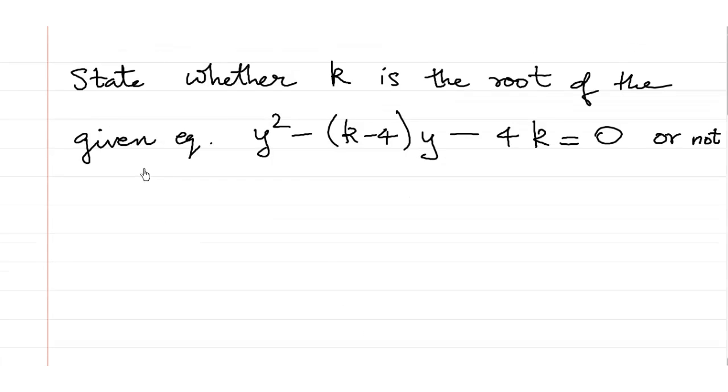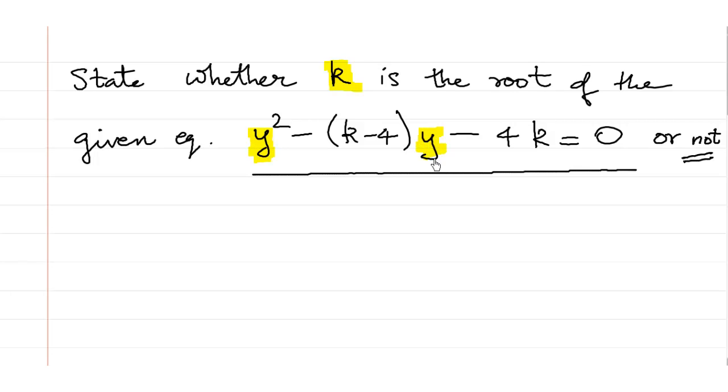Let's have a look at the last sum. State whether k is the root of the given equation. This is the given equation: y square minus bracket open k minus 4 y minus 4k is equal to 0 or not. We need to determine whether it's a root or not. This time we need not find any value. Means we'll put y is equal to k because this time the variable is not x but y. So wherever you see y, we're going to put k and we are going to determine whether LHS and RHS are equal. So remember, whenever the question is to determine whether it is or not a root, we need to do the LHS RHS. So we'll say substituting